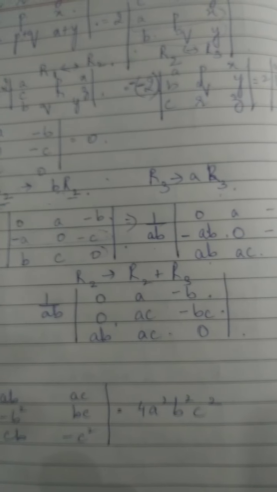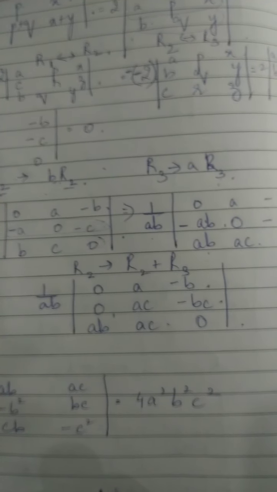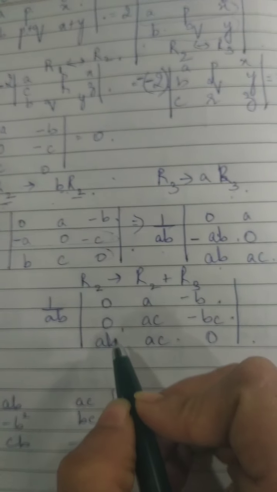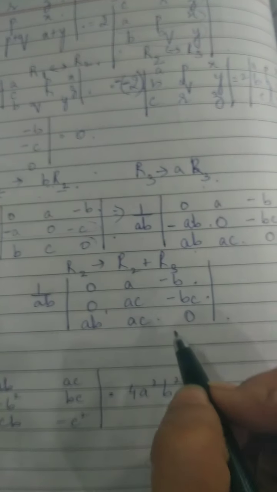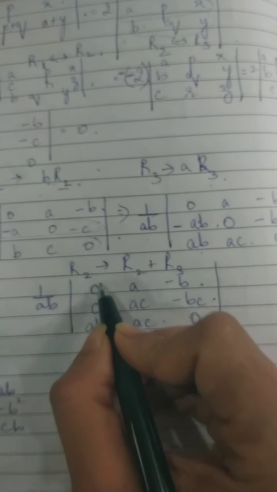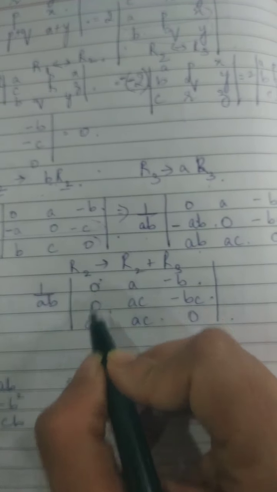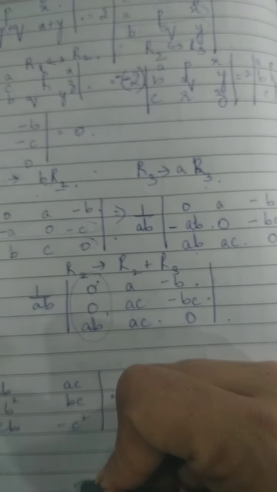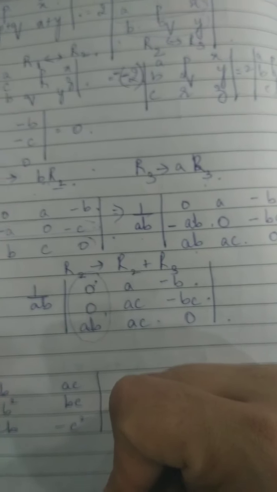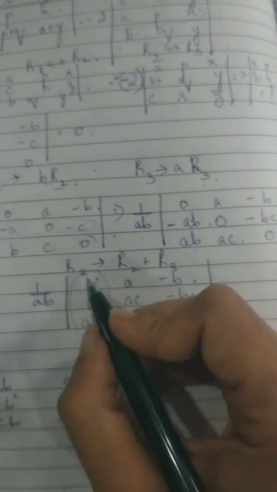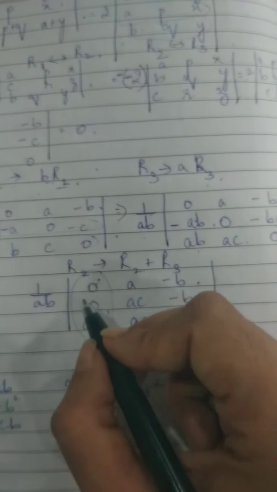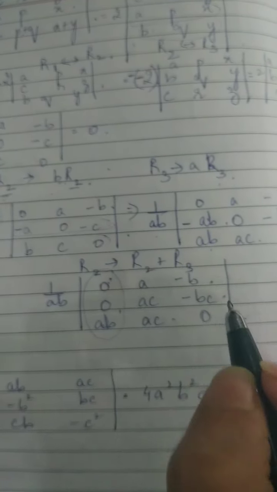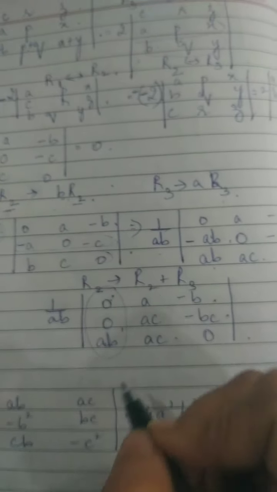Right? Now another very important thing to be noted here is that for solving the determinant, when do we get to know that we can now solve it? Remember, if in a particular row or column I get a form of 0, 0, 1 or 0, 1, 0 or 1, 0, 0, that is, one element is 1 and the other two are 0, that is the time when we can actually solve that particular determinant by expansion.